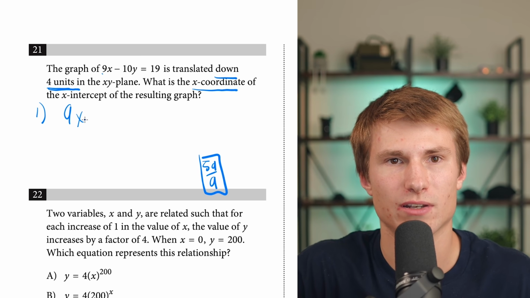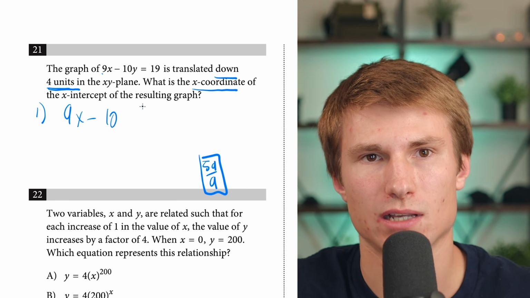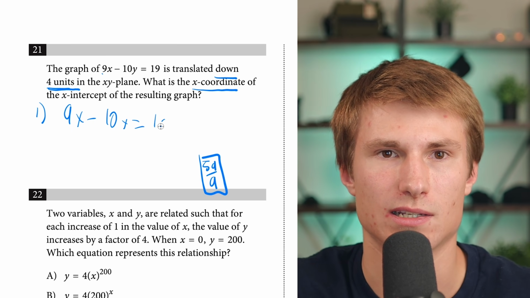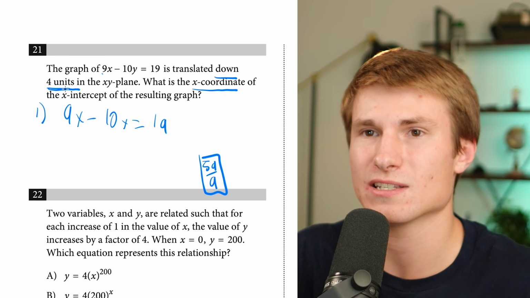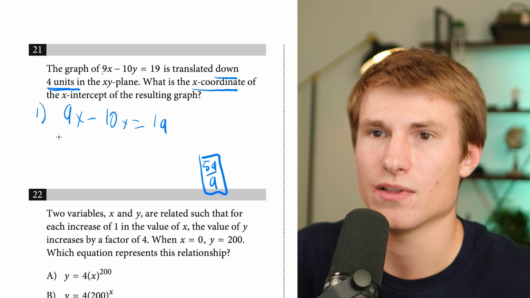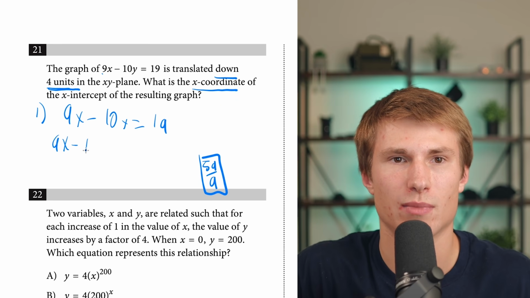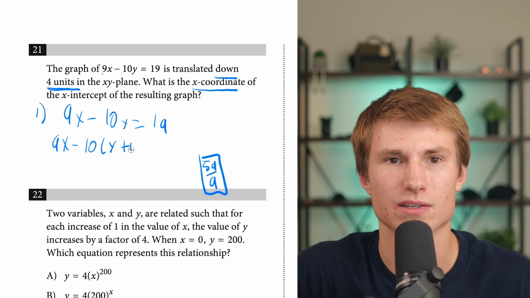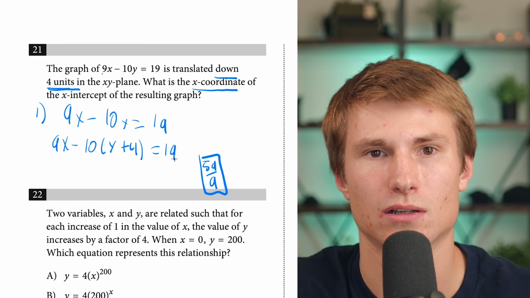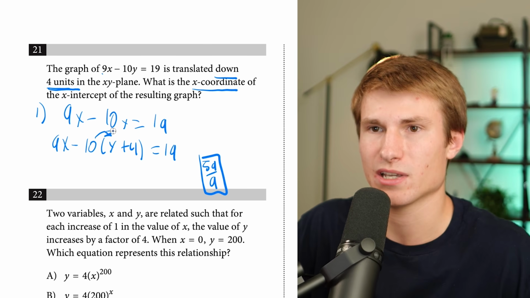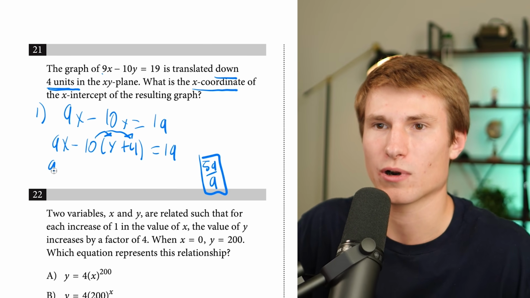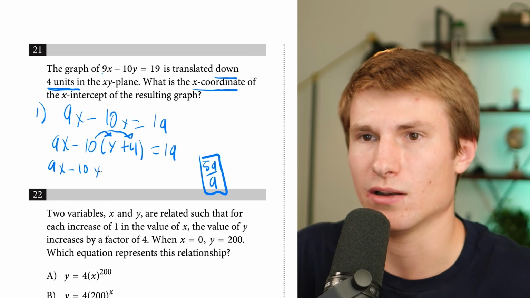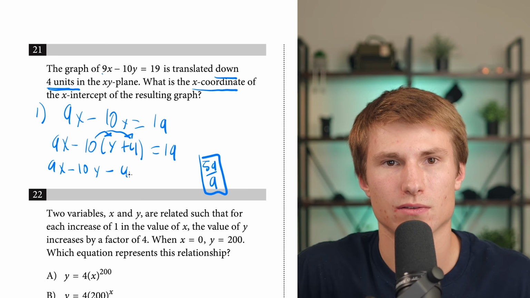Let's say that we have 9x minus 10y equals 19. Now if we're translating this down 4 units, then that's the same as doing 9x minus 10 times (y plus 4) equals 19. And this just kind of saves a couple steps, right? We distribute that 10 over, we're going to end up with 9x minus 10y, and then minus 40